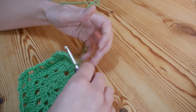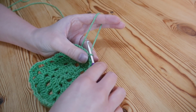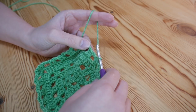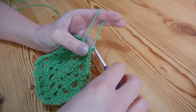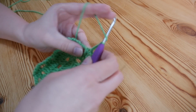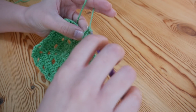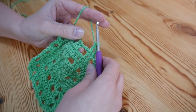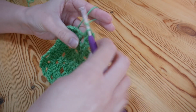So I'll just do this final row with you now, but after that you will just be able to repeat that pattern but increasing your stitches every time, and you'll be able to make it as large as you want it. So as always, we're going to chain 3 and then a treble into the top of that next stitch, and then we're at the chain 2 space where you will do 2 trebles,